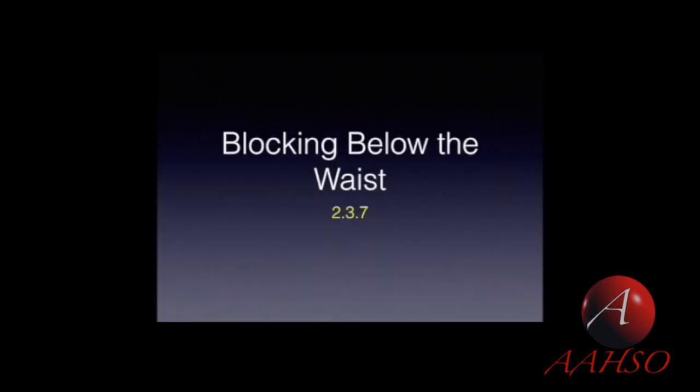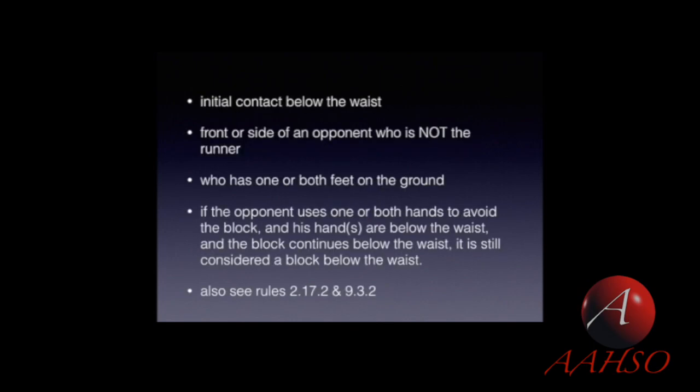All right, let's talk about blocking below the waist and look at the definitions in 2.3.7, which just says that blocking below the waist is initial contact below the waist, front or side of an opponent who is not a runner, who has one or both feet on the ground. If the opponent uses one or both hands to avoid the block and his hands are below the waist and the block continues below the waist, it is still considered a block below the waist. A couple of rule references for you in addition to these: definitions 2.17.2 and